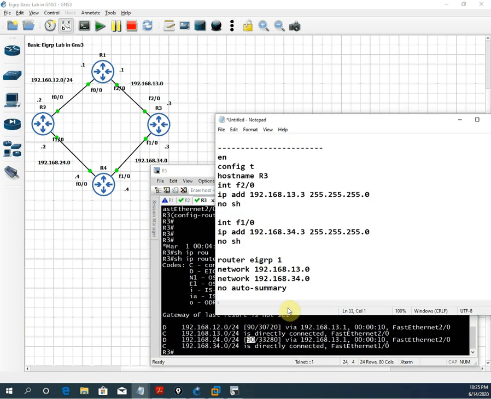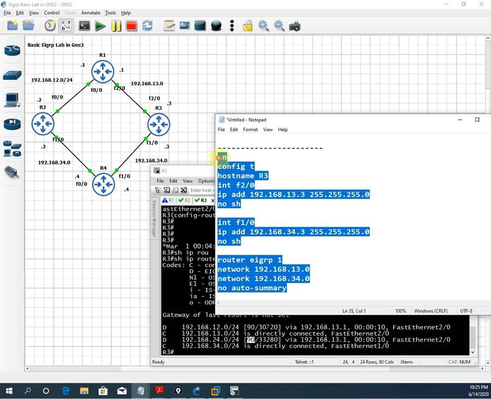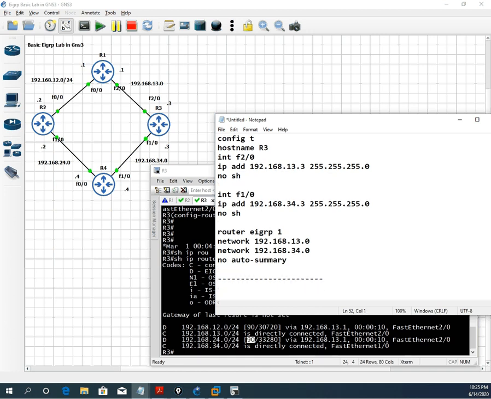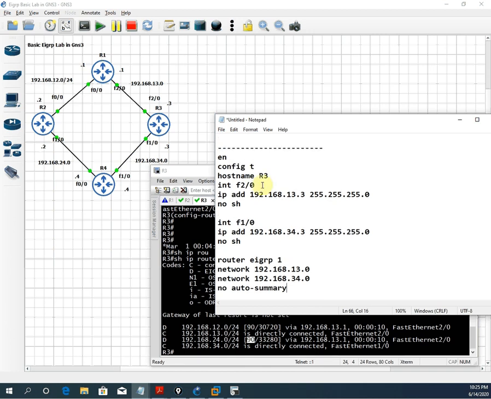Now we need to do R4. I will copy this whole configuration, press enter, divide this window, and paste the configuration here. Let me make this R4. Then I will see whatever IP addresses are needed. On R4 we have F0/0 and F1/0.